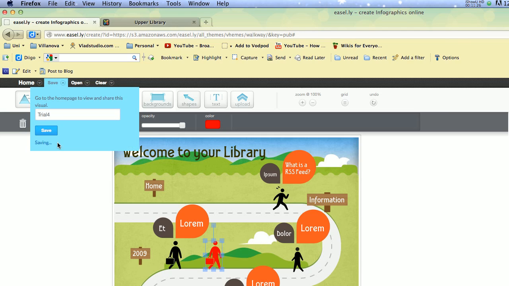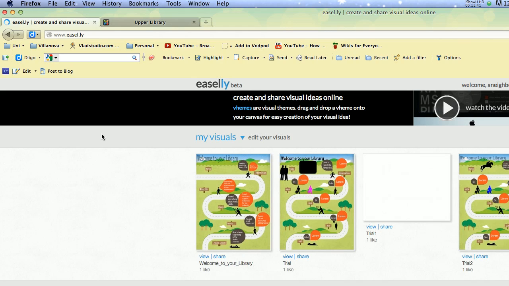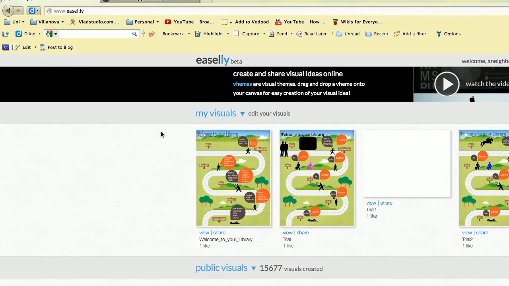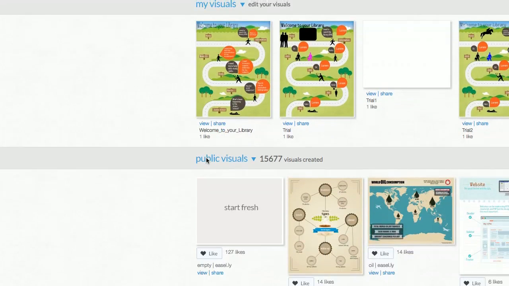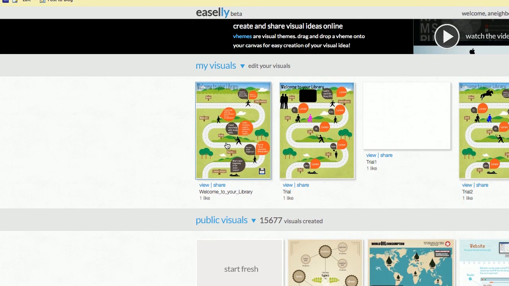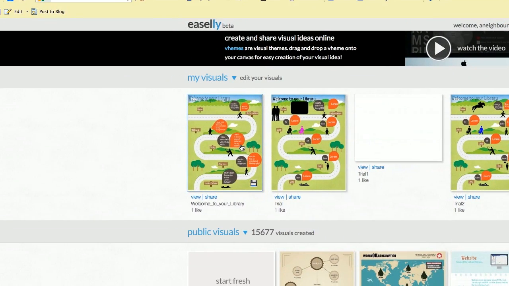When that work is saved, it will take you back to the home page and I'll show you one last thing that you can do with your infographic. So if you were creating this to bring into an assignment, at that previous page there you could do a screenshot of your infographic and you could bring it into your report or into a PowerPoint slide. But if you're actually doing one to embed into a website, then